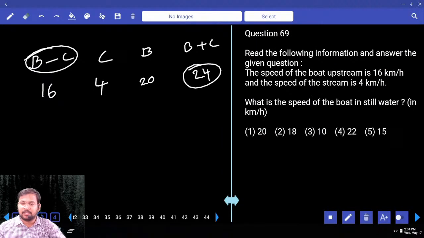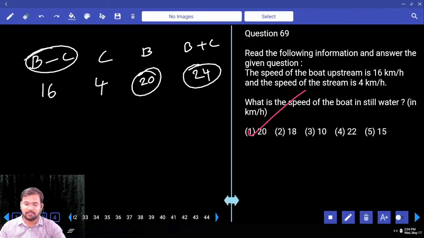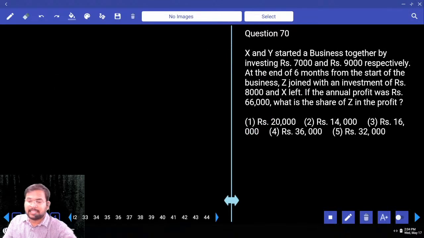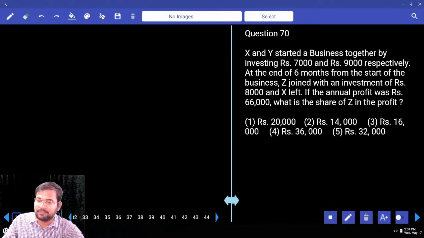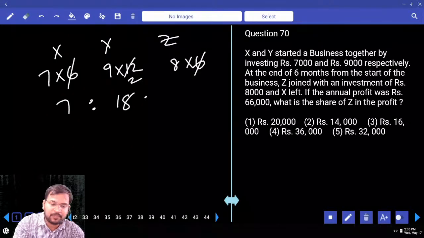Next one. What is the speed of the boat in still water? Speed of the boat in still water we already found out. Your answer is 20. Now, X and Y started a business together, investing 7,000 and 9,000 respectively. At the end of 6 months from the start of the business, Z joined with an investment of 8,000 and X left. If the total profit was 66,000,